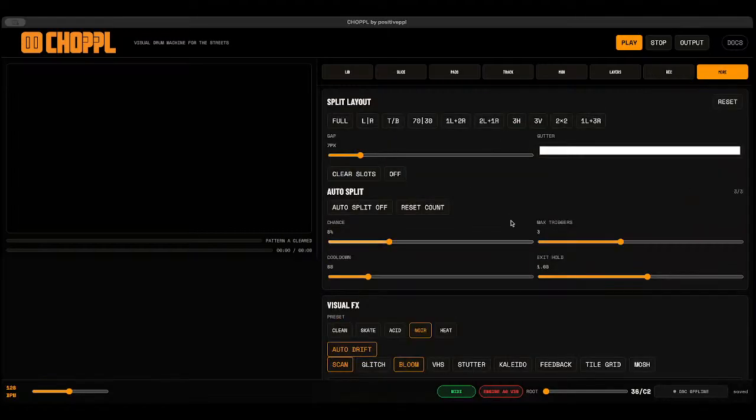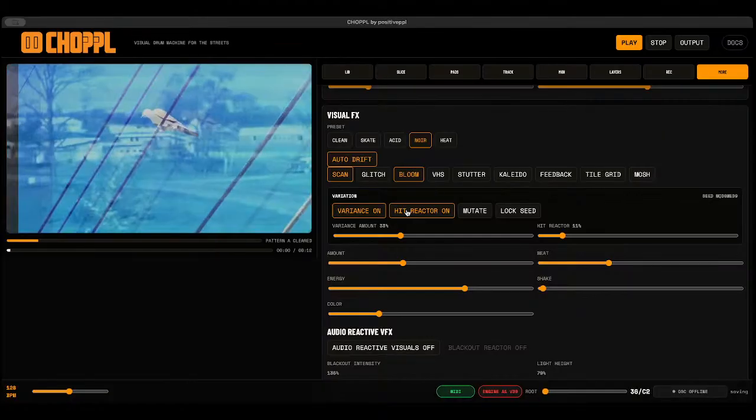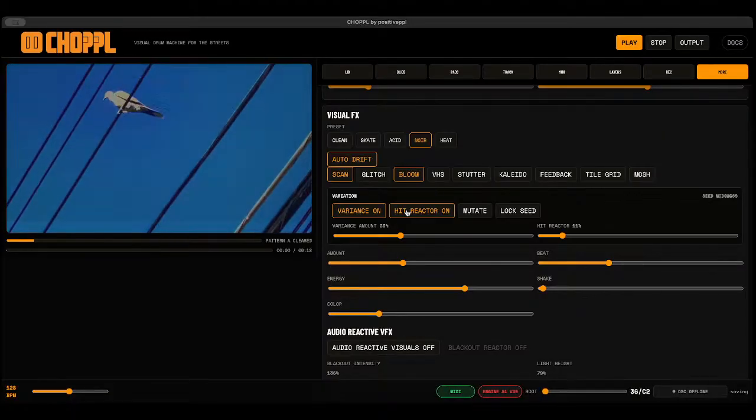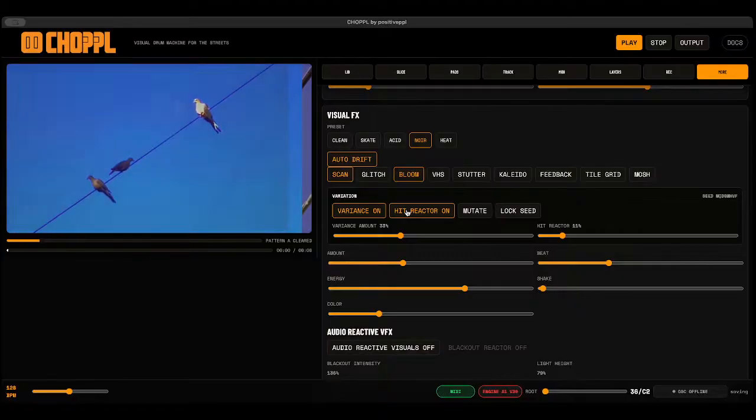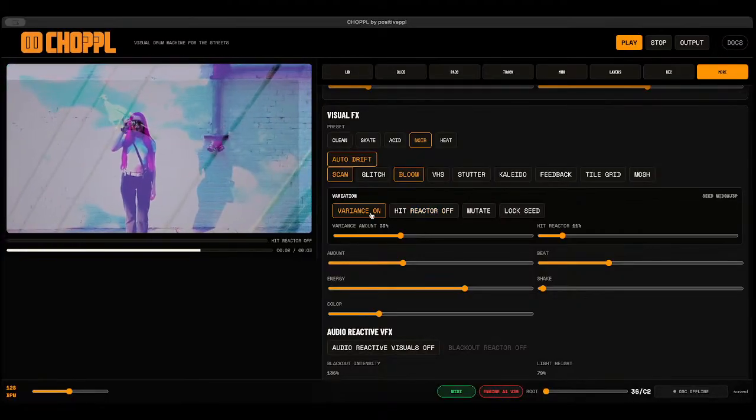We have the visual effects, which this is the split layout section. We have some hit variation. This is what is doing the changing the area. So if you turn these off,